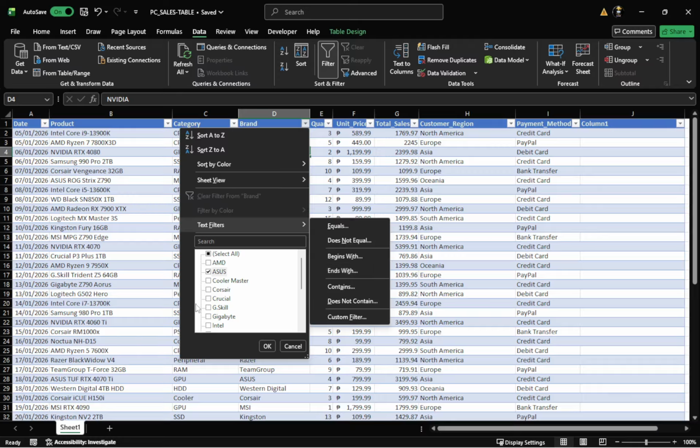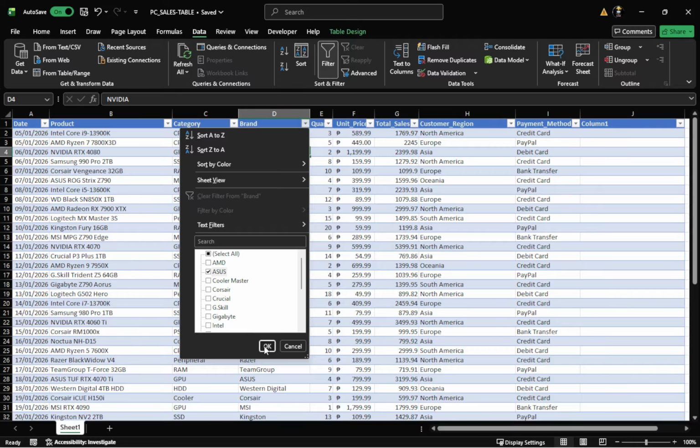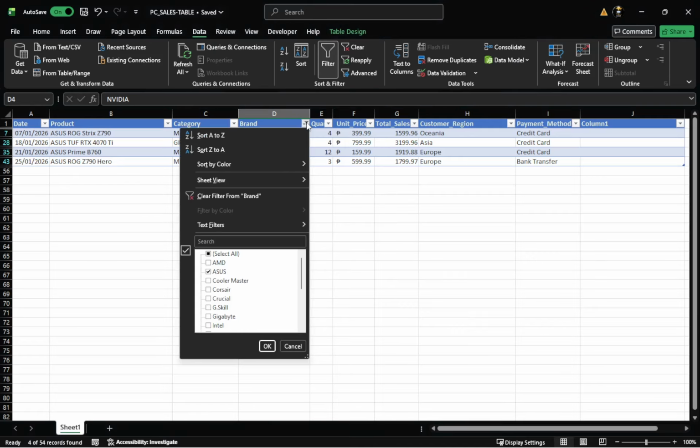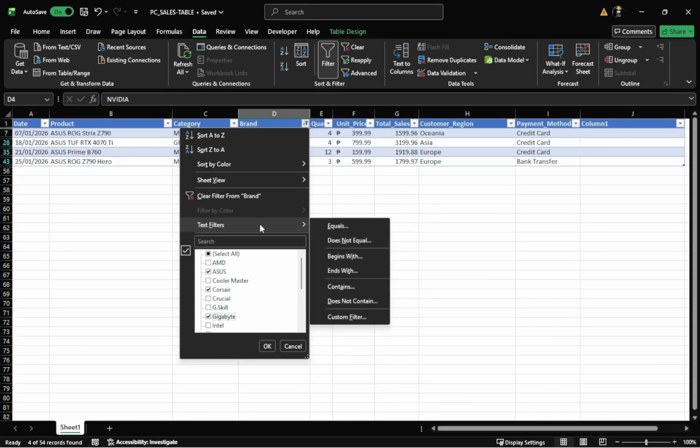Only rows matching your criteria will be displayed, and the row numbers on the left will show gaps where rows are hidden. You can also filter more than one column at the same time. For example, you could filter the department column to show sales, and then filter the region column to show East. Excel will display only rows that meet both conditions together, so every visible row will be a sales record from the East region. When multiple filters are active, you will see a small filter icon on each filtered header.